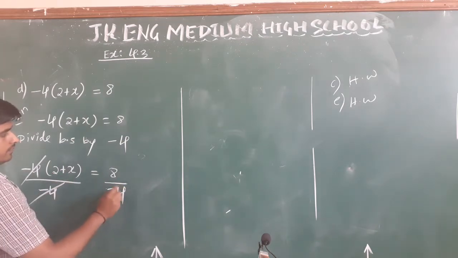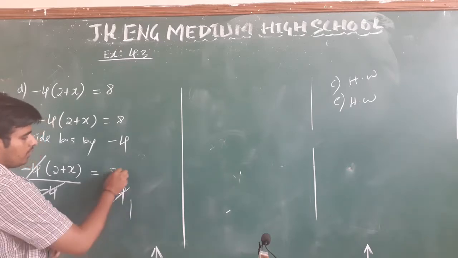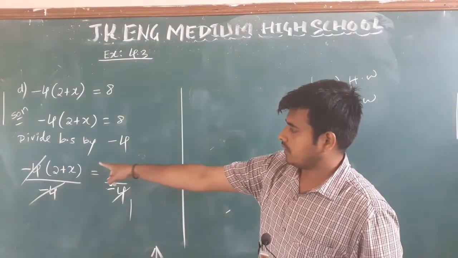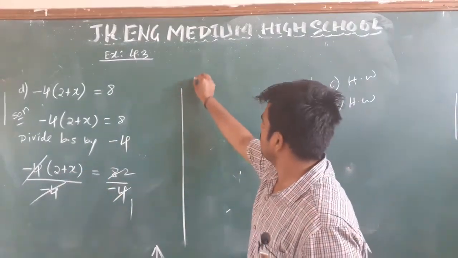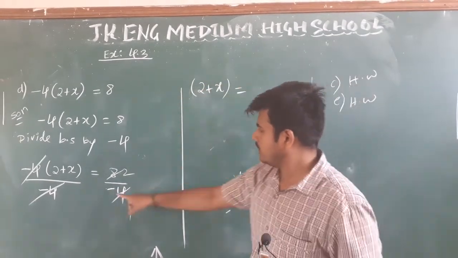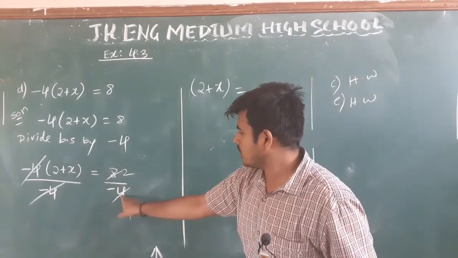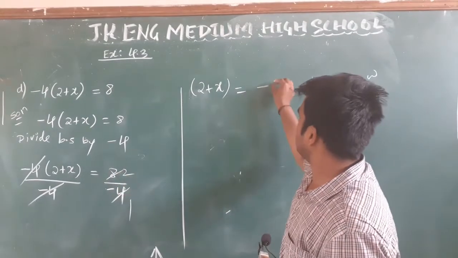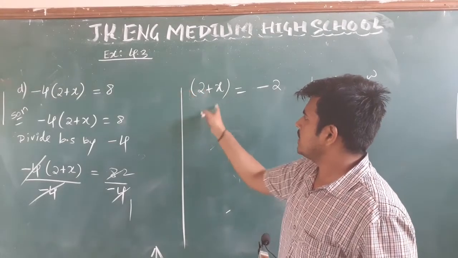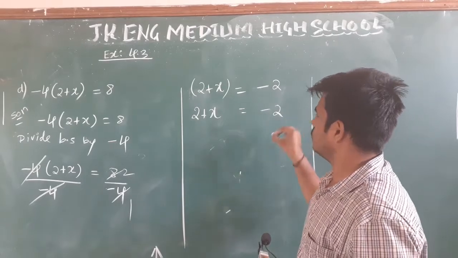Here, plus divided by minus will give you minus. 4 1s are 4, 4 2s are 8. Okay, so you write it. After cancellation of minus 4, what remains there? 2 plus x remains, and equality sign. Here plus divided by minus will give you what? Minus. 4 1s are 4, 4 2s are 8, so minus 2 remains, right? Outside plus is there, as it is it will open up. 2 plus x minus 2.